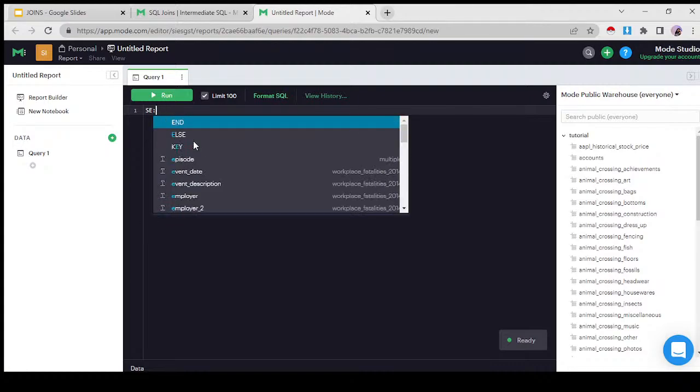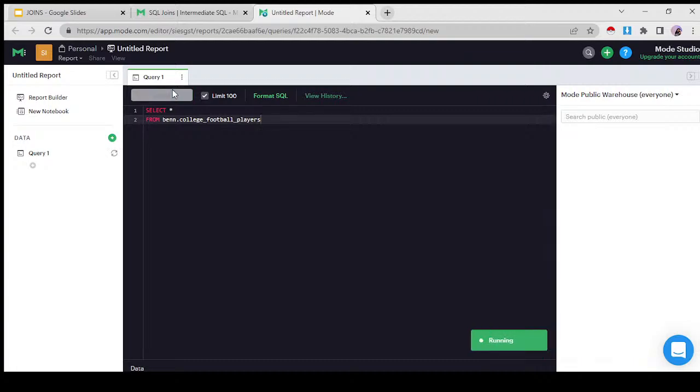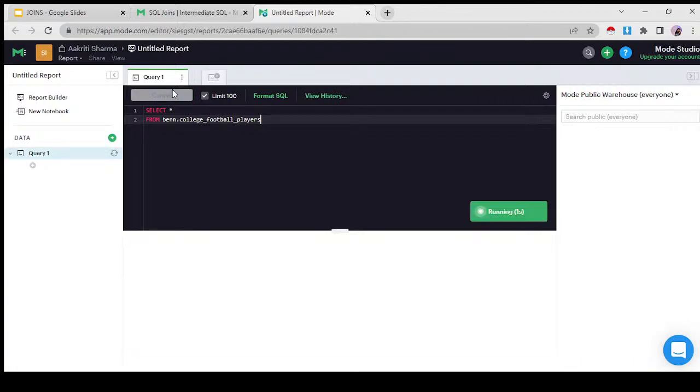If this is your first time writing an SQL query, select is used to pick certain columns which we want. If you're using an asterisk, this is a way to tell SQL that you want all of the columns present in that table. And now I have this table here, college football players.